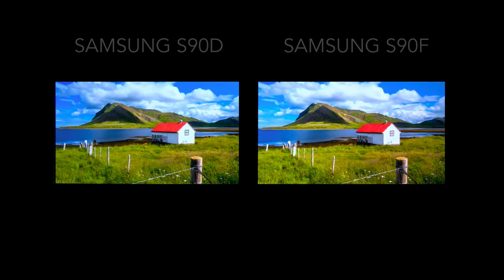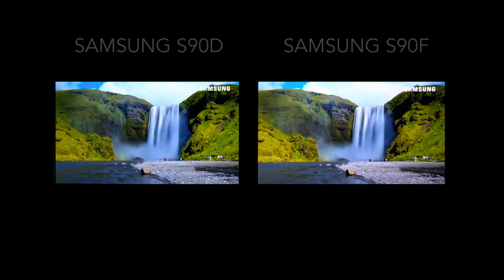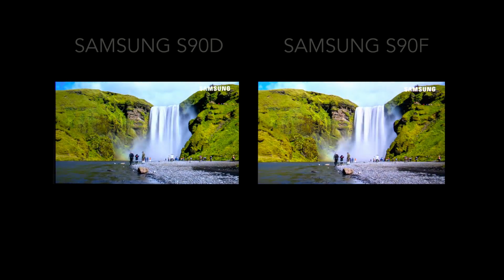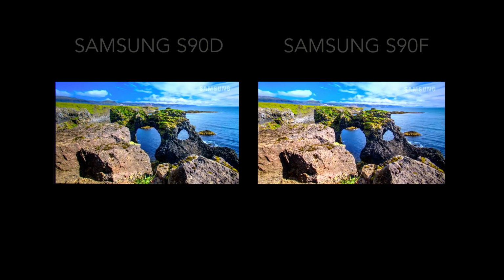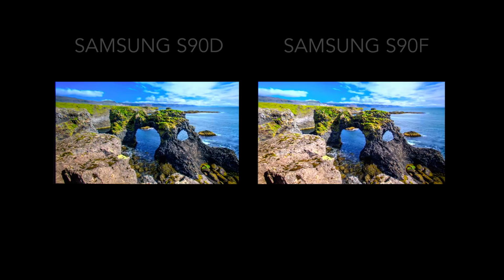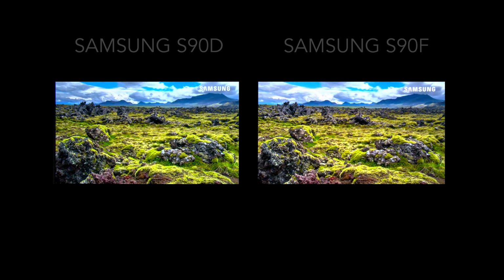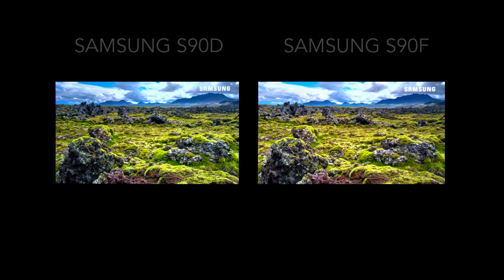So that would be an advantage over the S90D with the S90F in mind. And you're also looking at better upscaling as well with this new processor. There's some things that Samsung has done a little bit better than the S90D here, and that is clear. Now, there is a new interface on the S90F, which brings an overall snappier OS and an overall better menu